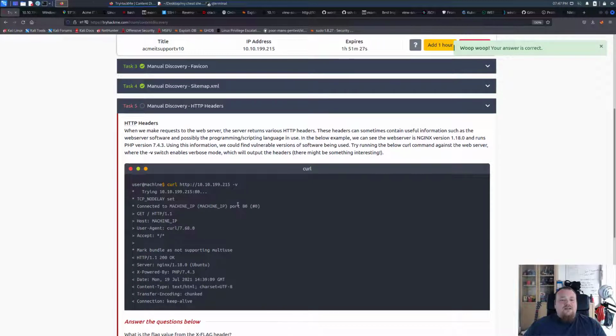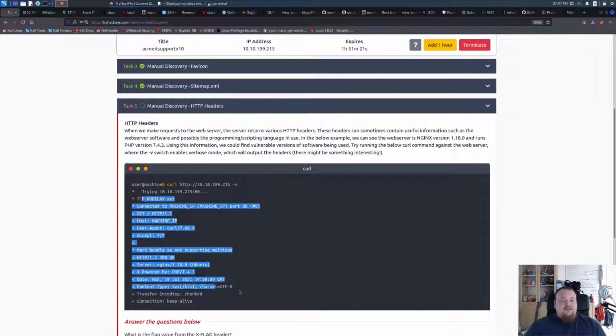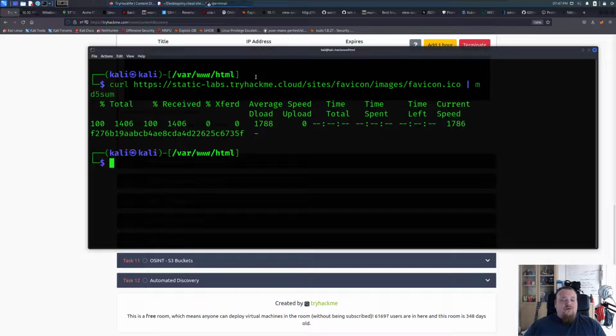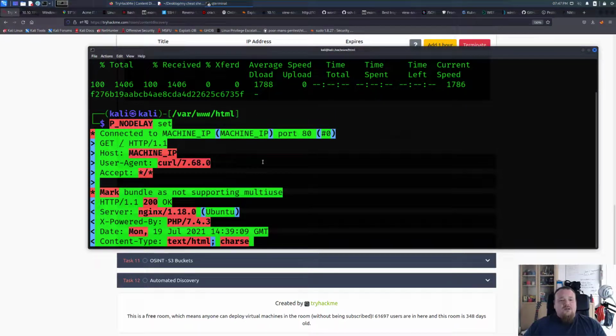Next thing is HTTP headers. So we could do like this, curl, and then execute it and get different kind of headers out of the HTTP protocol. And basically the one proof of concept that we executed this, so it's gonna, whoa,